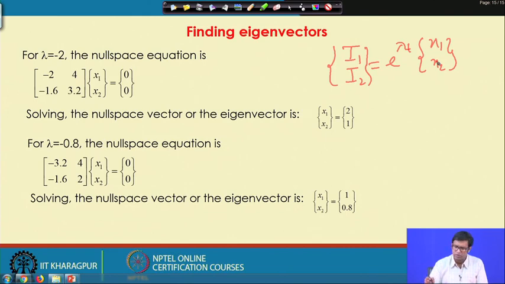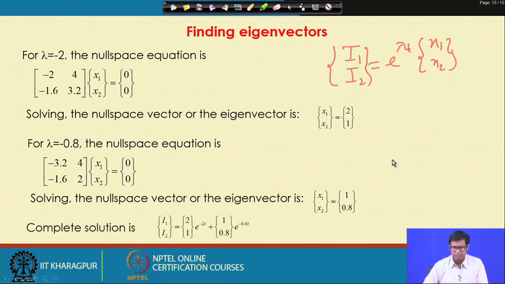So, we will get one solution which is e to the power minus 2t into 2 1, and the other solution will be e to the power minus 0.8t into 1 1.8, and both are solutions of the linear equation. So, the final solution will be their linear combination, and that is why we can see the complete solution is I1 I2